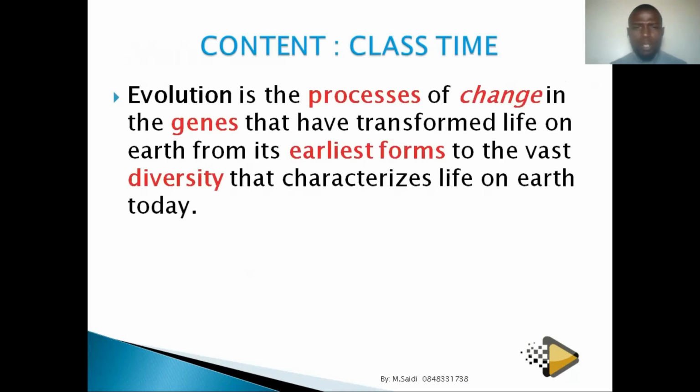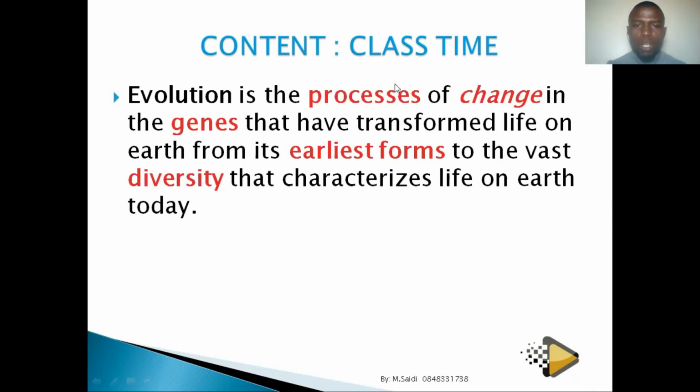What is evolution? When we talk about evolution, we are talking about a process. It's not just one step. Look at when you eat. The food does not just go to the blood just like that. You eat the food, it goes to the mouth, the throat, the stomach. It's a process. By the time it reaches the blood, it has passed through a number